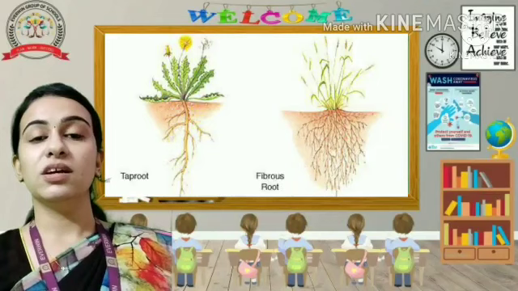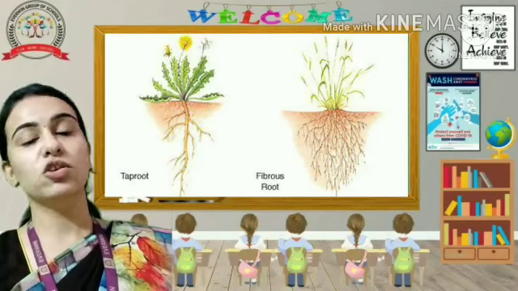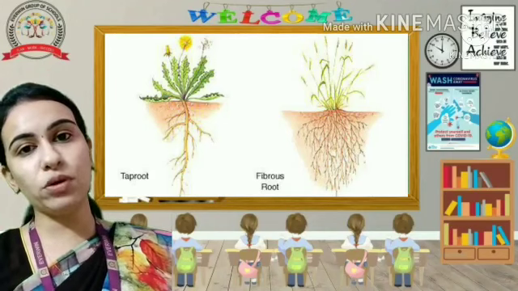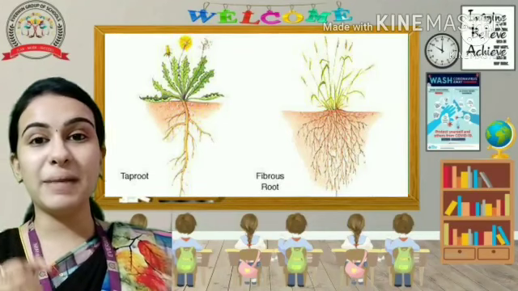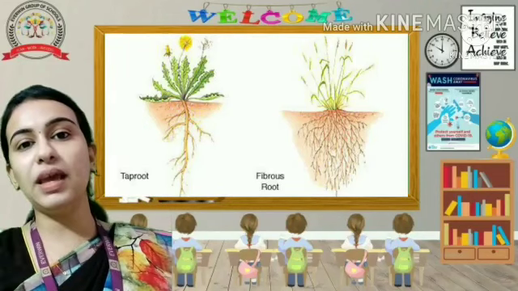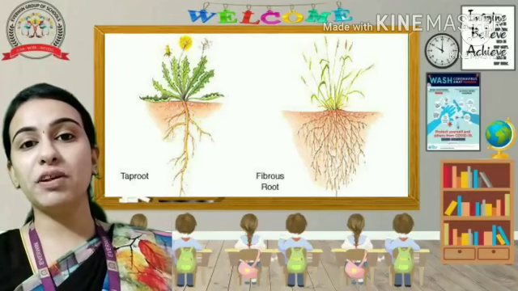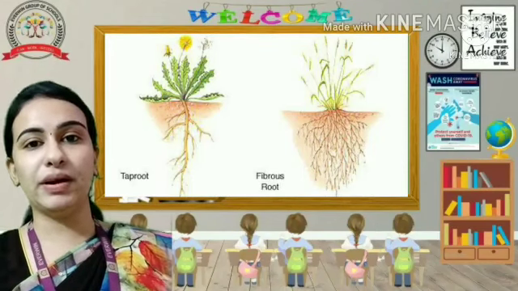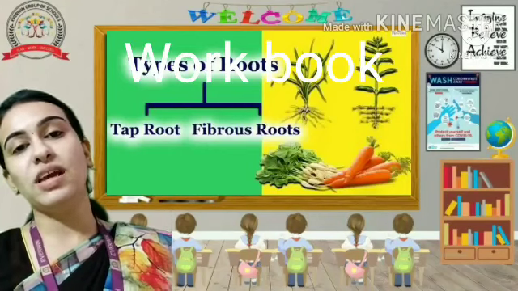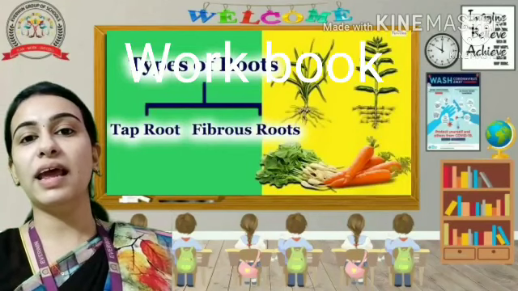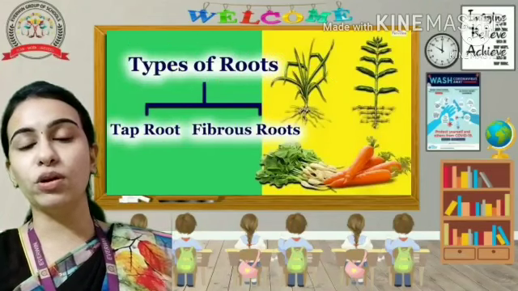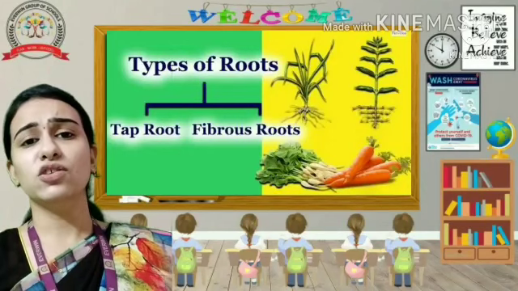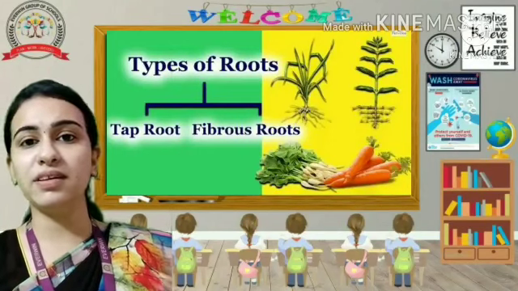So already we learned there are two types of root system, right? What are the two types of root system? Tap root and fibrous root. What is a taproot? A taproot will grow from the main stem, whereas fibrous roots will be bushy in appearance. What are examples of taproot? Carrot, beans. All these are examples of taproot. And examples of fibrous roots are grass.